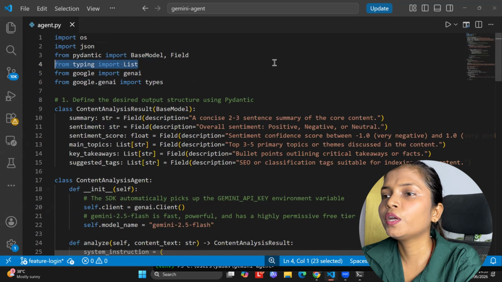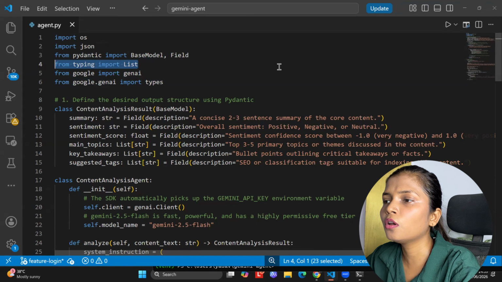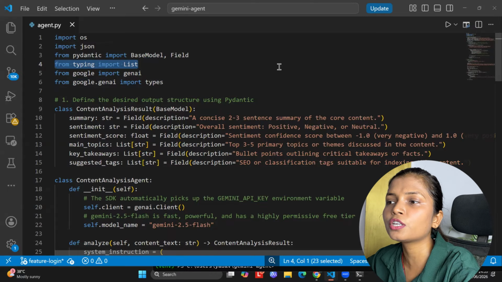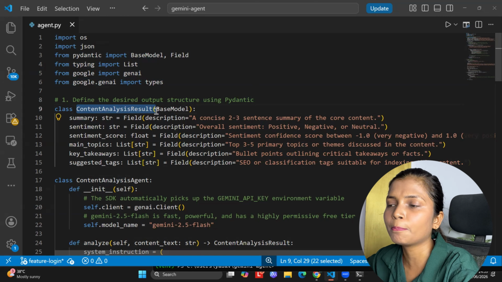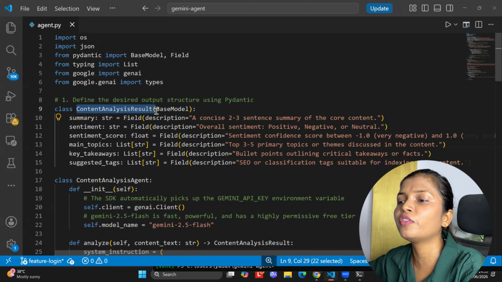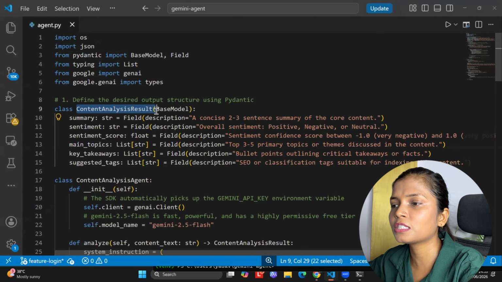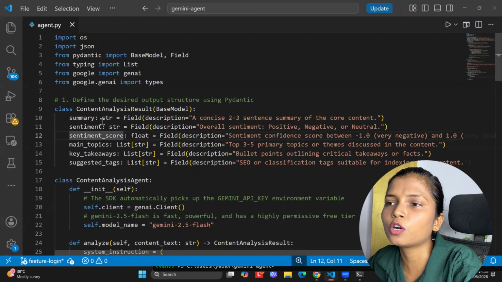Now, what we did is we created a class. We basically use a Python tool, which is Pydantic, to create a strict form or a blueprint for us. So we are creating a content analysis result as a model. It is like a human assistant: a blank piece of paper we are providing, and they might write something messy, a long review, right? They are AI models, and they can do anything, right? So if you give them a printed form with specific boxes, then it gives you specific values in those boxes, right? So that is what I am doing.